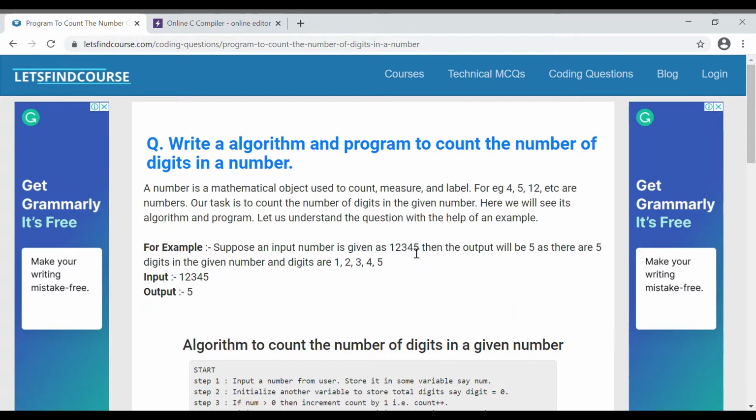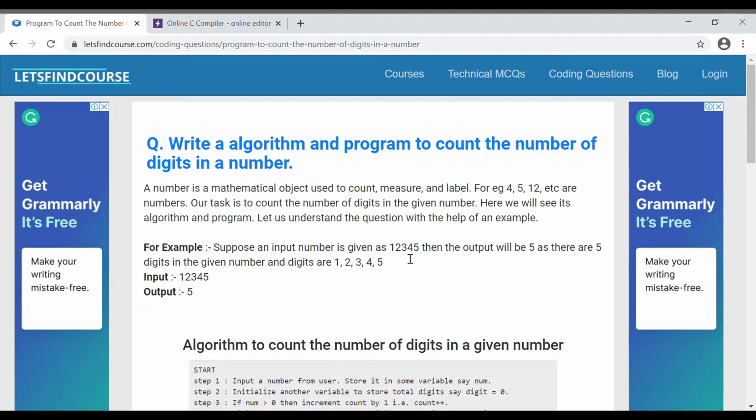Now next time we will iterate over 1 2 3 4. When dividing this by 10 we will get 1 2 3, right? And our counter is incremented to 2. Now we will divide 1 2 3, so we will get 1 2. The same way we will reach the end, and we will be left with 1. When divided by 10 we will get 0, right? And 1 as a remainder.